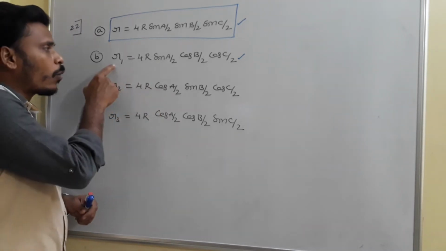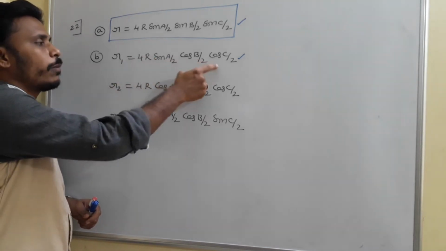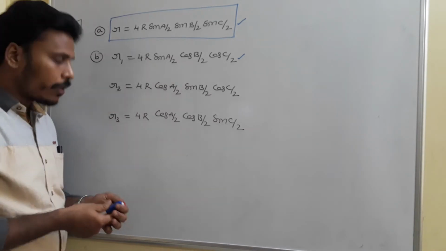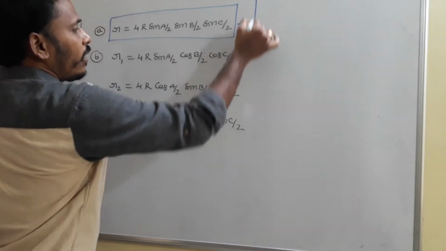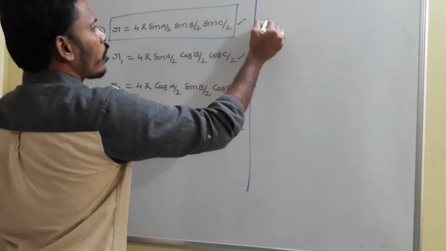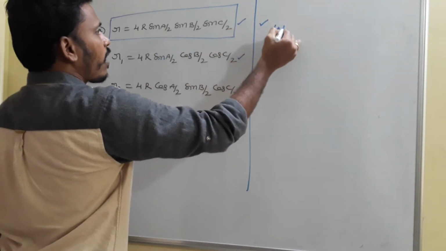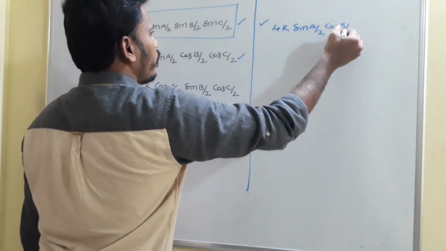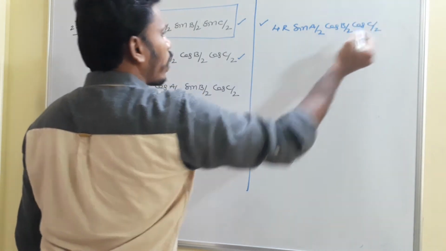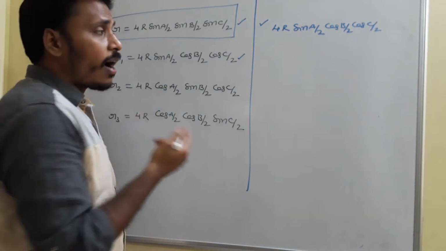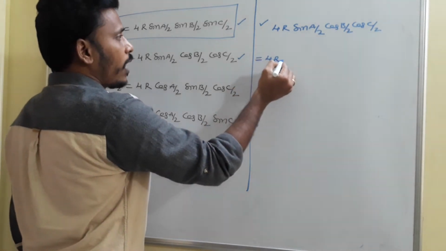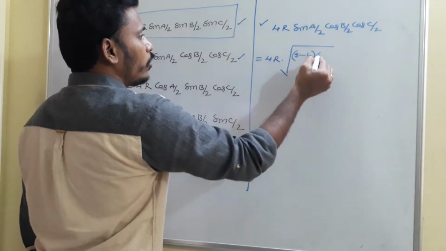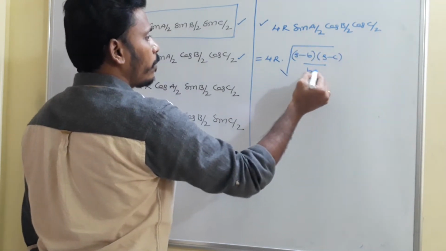What you are observing, this R1 is equal to 4R sin A/2 cos B/2 cos C/2. If I prove this for R1, then it is enough for R2 and R3, similar statements. So to prove R1, in the same way as r, we start with the right side part, given as 4R sin A/2 cos B/2 cos C/2. Now again use the half angle formula. That is equal to 4R. What is sin A/2? Sin A/2 is simply the square root of (s minus b)(s minus c) divided by bc.